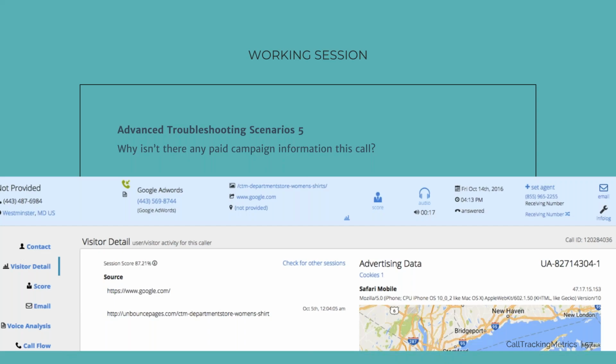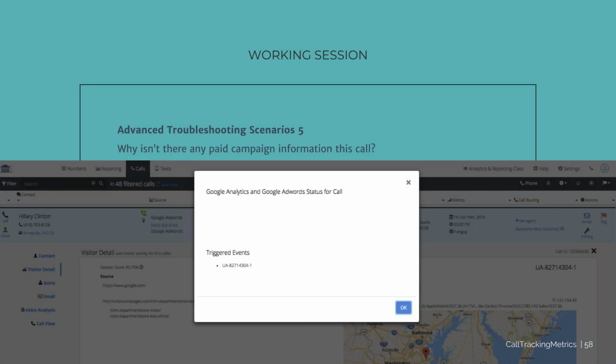Okay, with this one, why isn't there any paid campaign information for this call? Here we can see that Google Analytics and AdWords aren't connected.